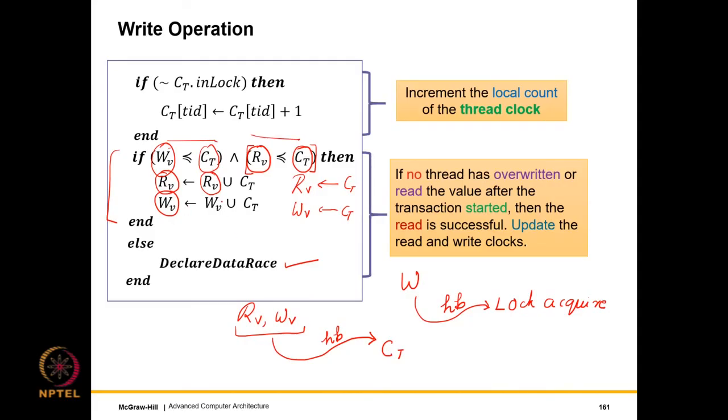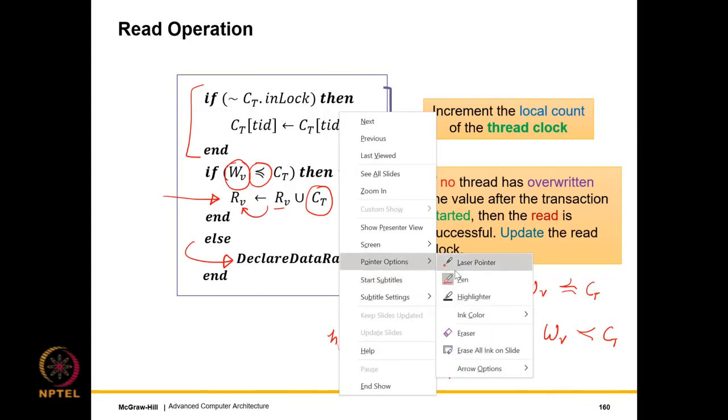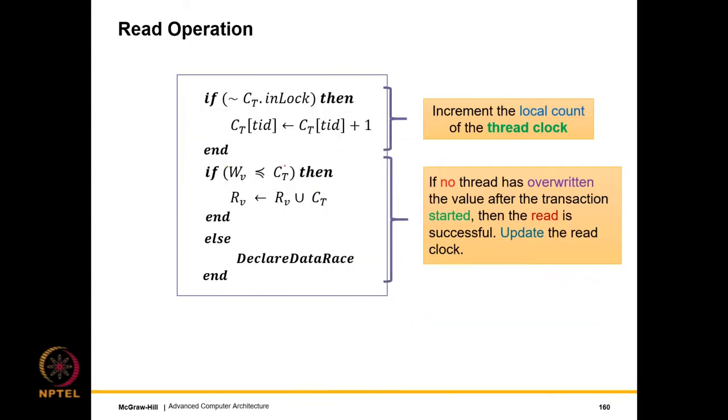And then what we do is we update the times of the read and write times. And if we are reading, then we need not check the read clock, but we just check the previous write clock. And that needs to have a happens before relationship with the current time. And that is easily captured by this expression over here, which, let me erase the ink, is easily captured by this expression. So what happens is we can set RV as RV union CT.